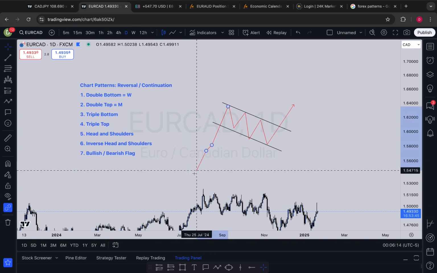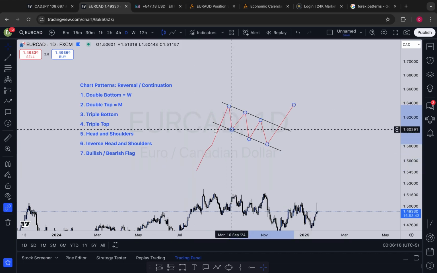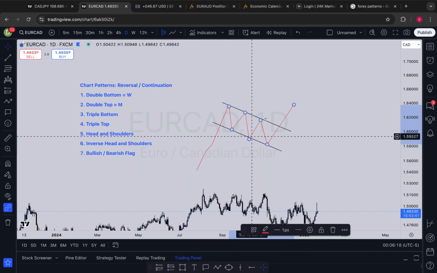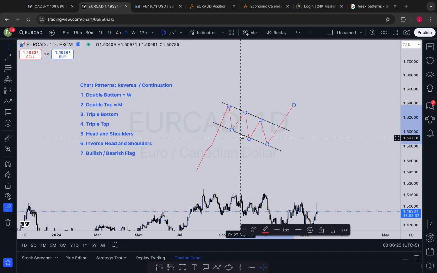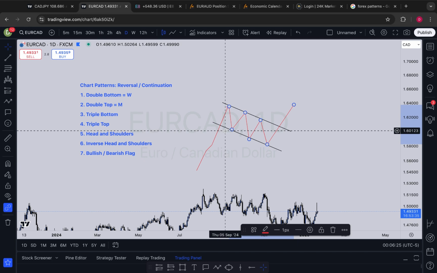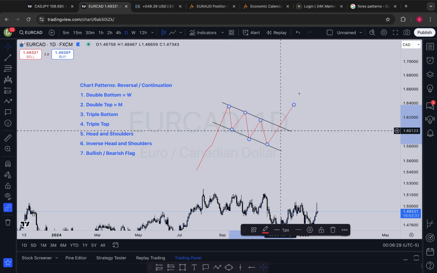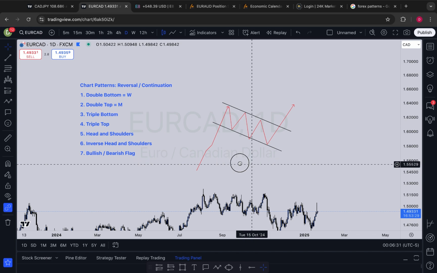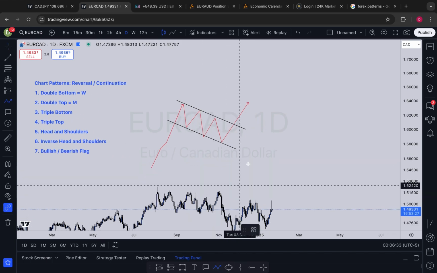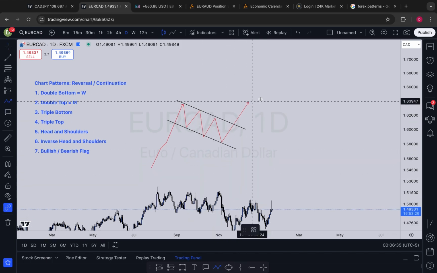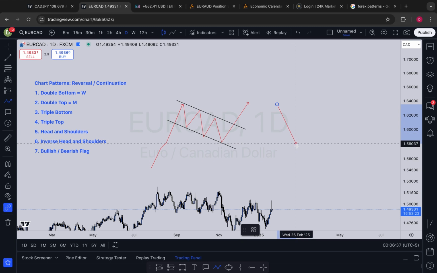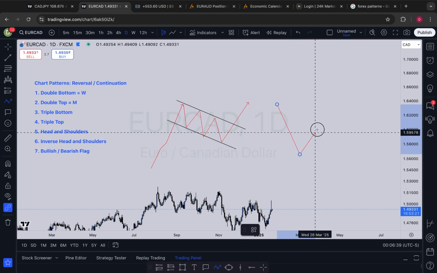So we have a bullish move, and it comes down and starts to make lower highs and lower lows, and then it'll take off and break through the upside. That's a bullish flag right there. A bearish flag is just the opposite, right? So you've got a downtrend, pretty much, and then it just starts bouncing